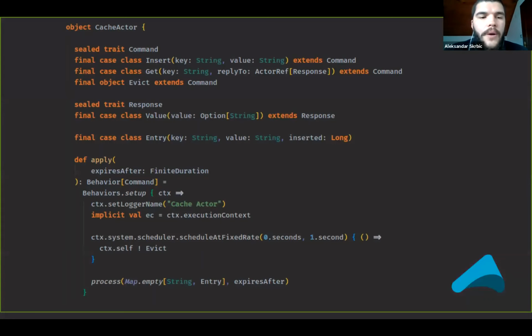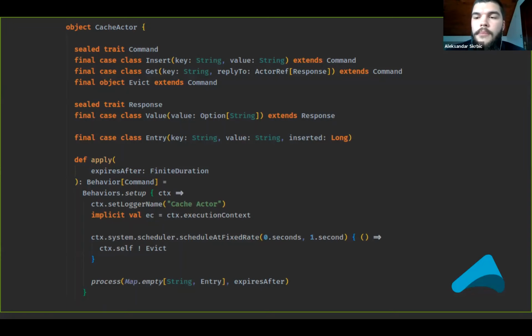An example would be some hash map, and whenever we add some entry to the hash map, we will assign some timestamp to that entry, and after the period expires, we should remove that from our cache. So it can be really hard to implement using, I don't know, plain Java and the Thread API, but with actors